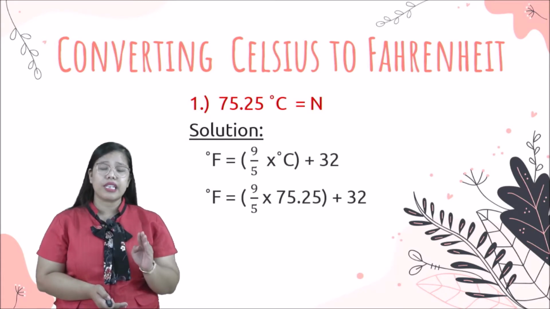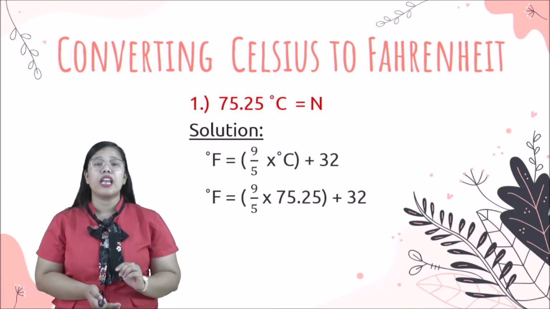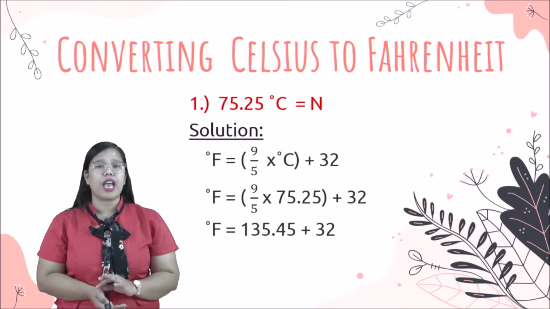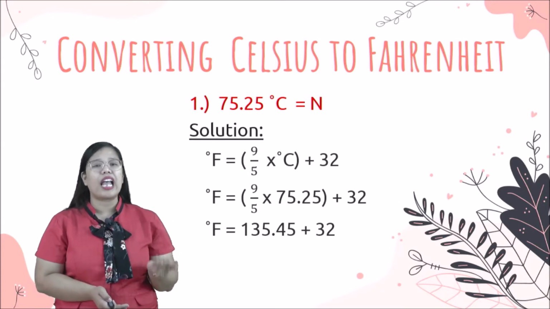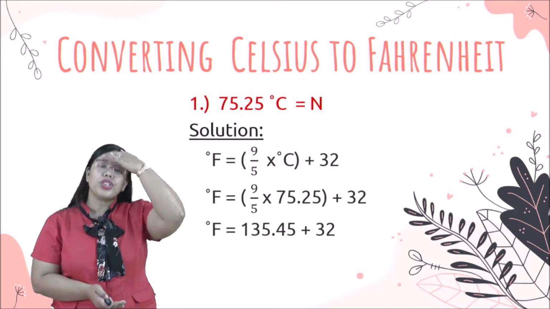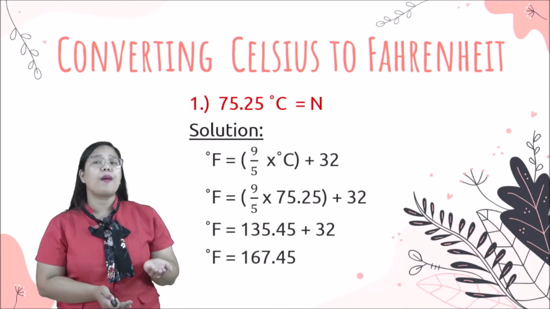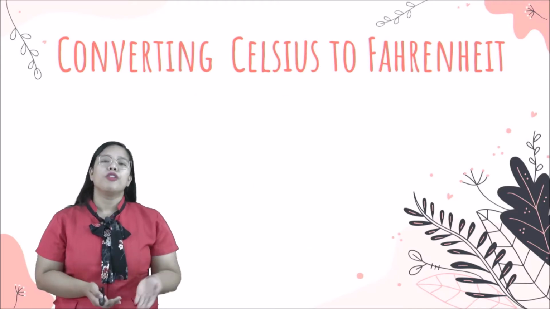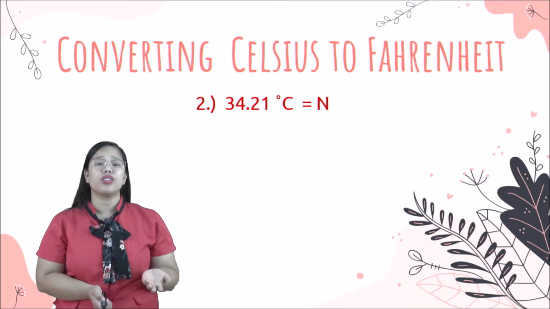And this 677.25, we will divide it by 5. So, it will become 135.45 and then we will just copy 32. So, 135.45 plus 32, the answer is, very good, it will become 167.45. For the next example, we have a given of degrees Celsius, which